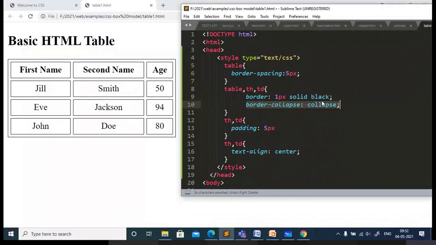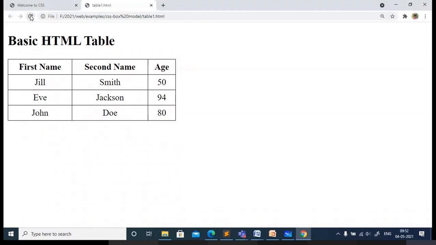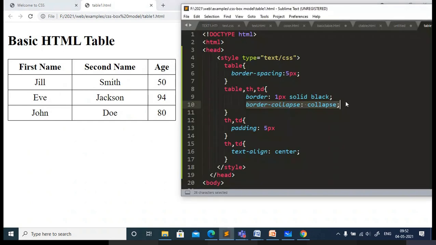If I have put border collapse and also specify border spacing, trying to increase the border space, it's not possible. You will not get the difference. So whenever you are giving border spacing, collapse should not be given, or else you can just remove this value.